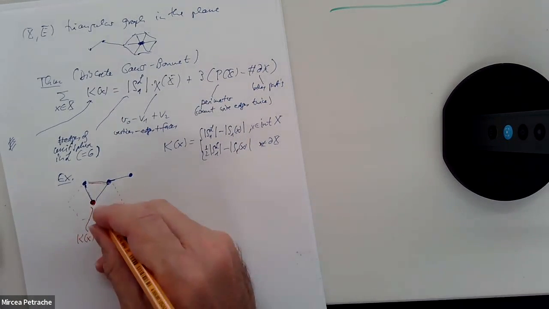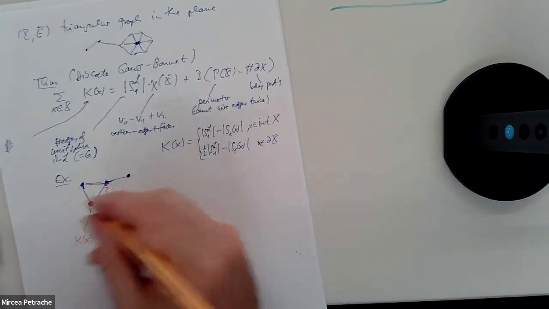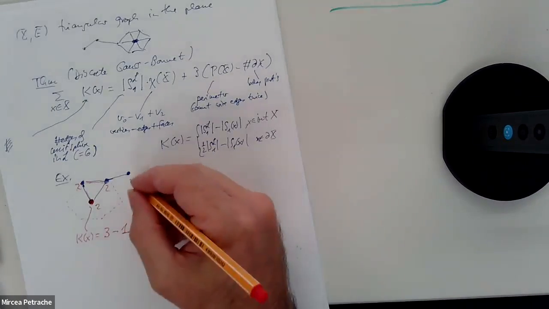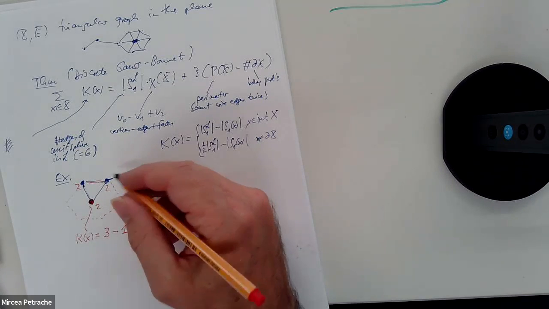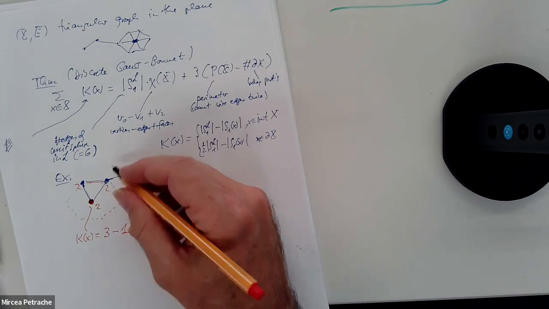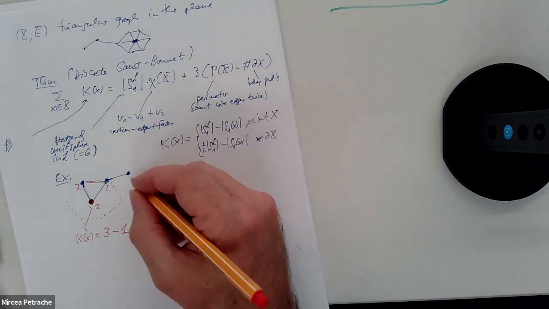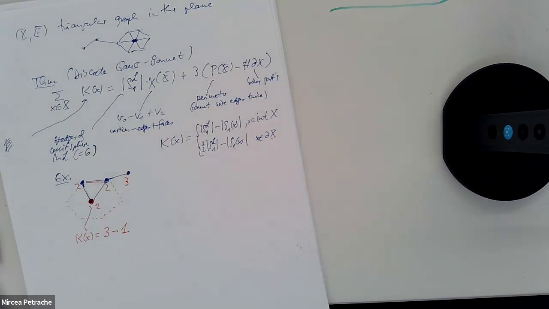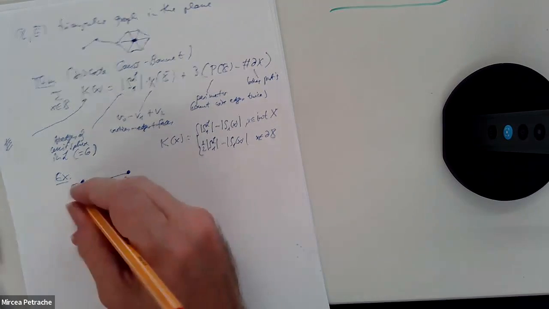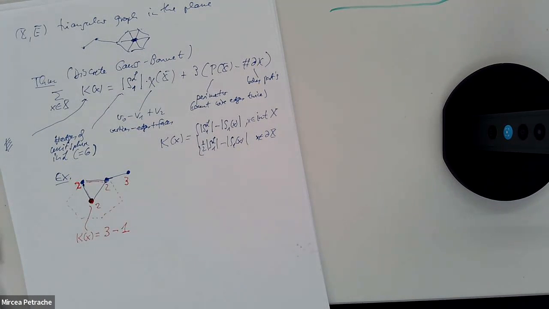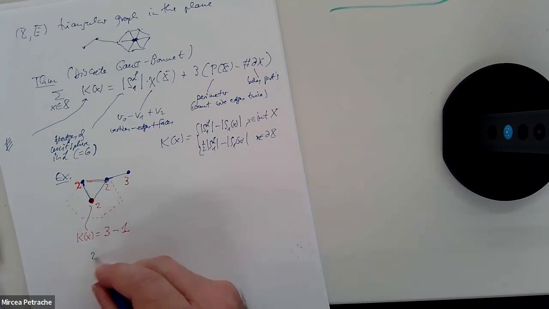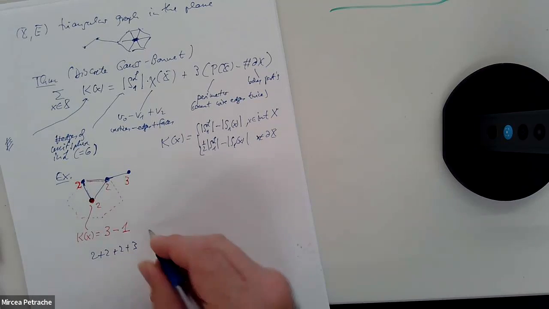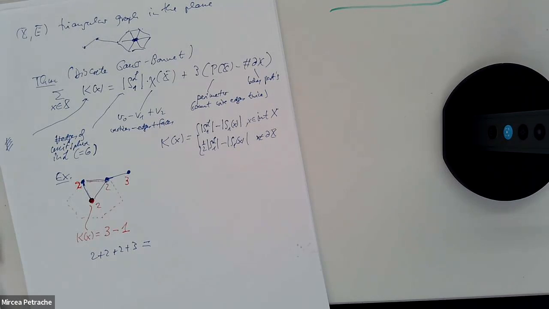So for this point, we get the curvature 2. Then these three are the same, so we get also 2. Now for this one, the unit sphere around it has no edge. I mean, it still has a particle, but has no edge. So then we get 3 minus 0, so that happens to be 3. Okay, so these are the curvatures here. So we worked out the left-hand side. On the left-hand side, we get 2 plus 2 plus 2 plus 3, which should be equal to